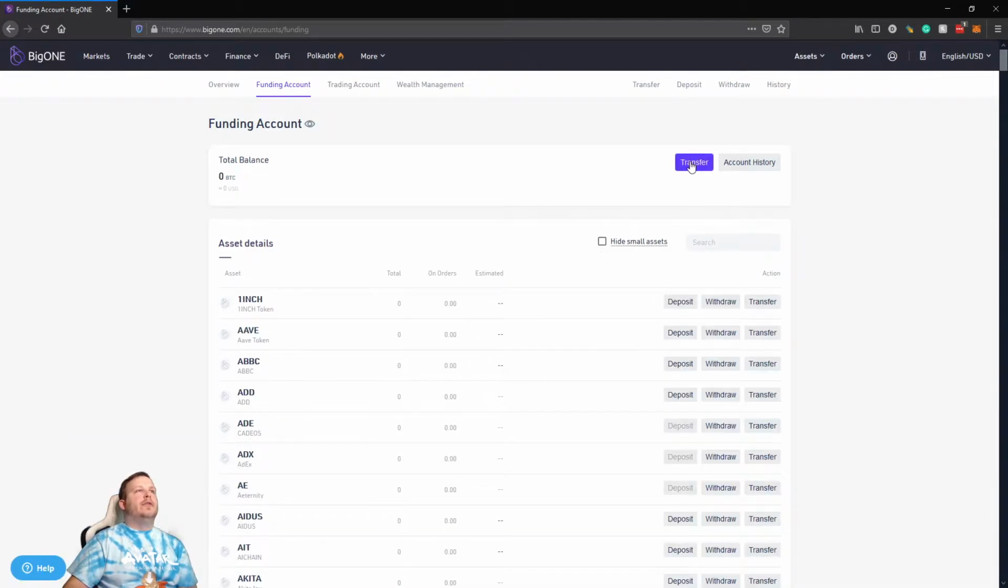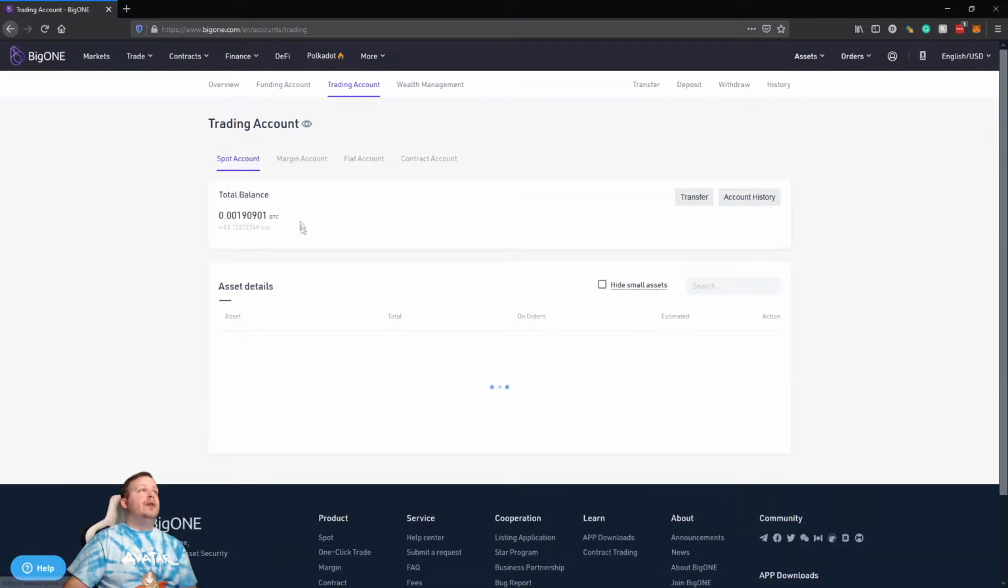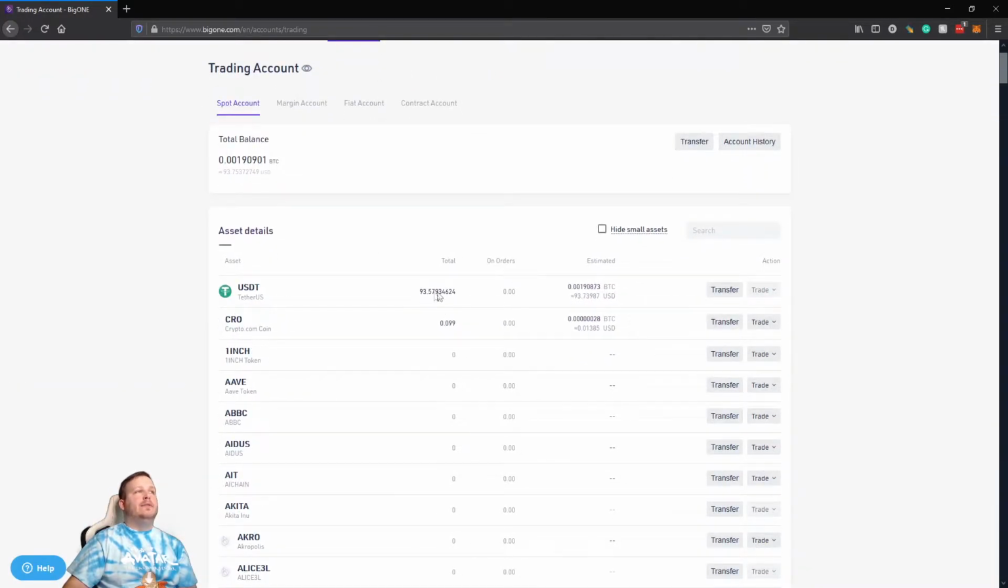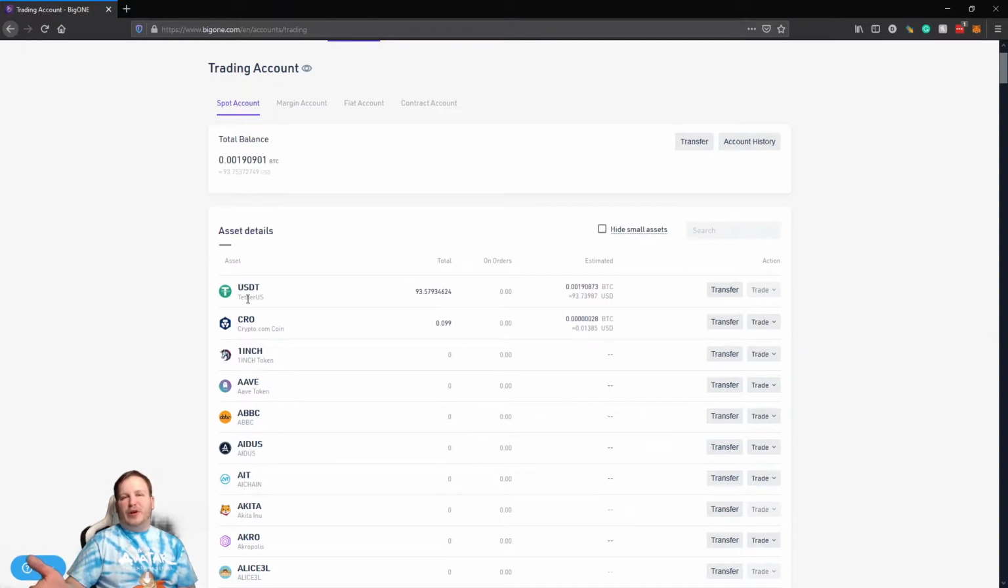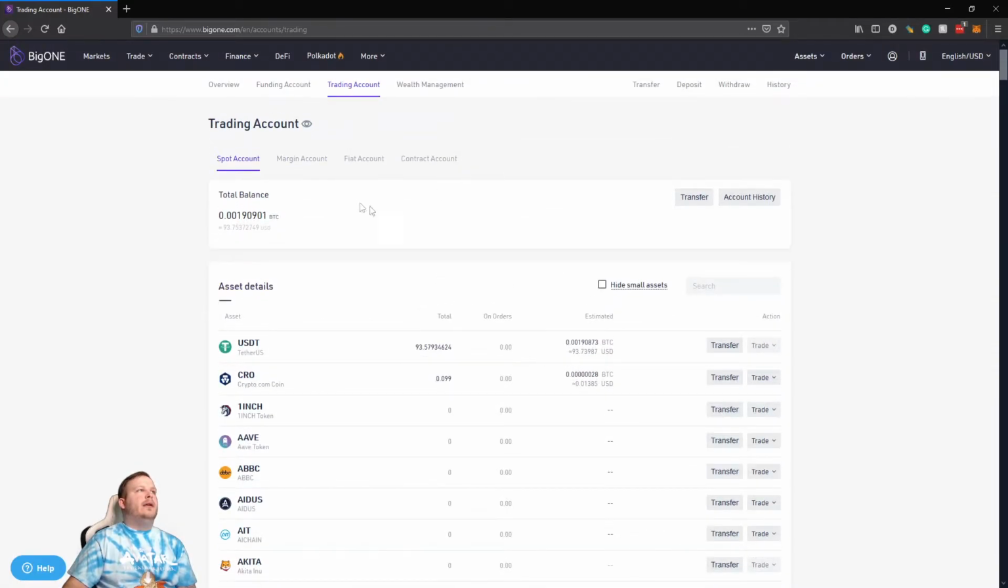You're going to click transfer and move it over to what's called your trading account. Once it's in your trading account, you can see I have some Tether. I wouldn't recommend selling Crow like I did. Don't do that. Just buy some Tether on Coinbase. I had Crow tokens on crypto.com and I figured, might as well move them over just so I could show you guys. So now that we got our Tether in our spot account,